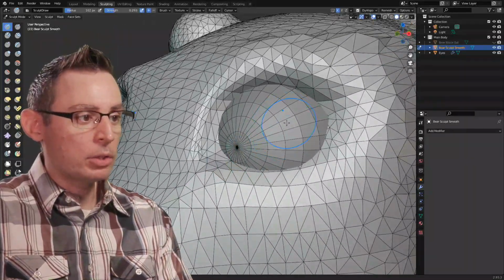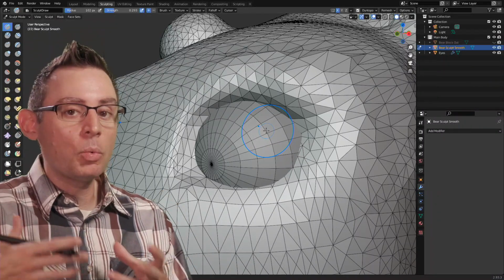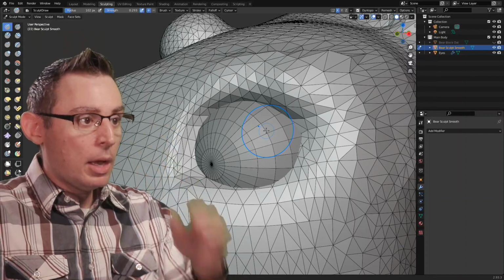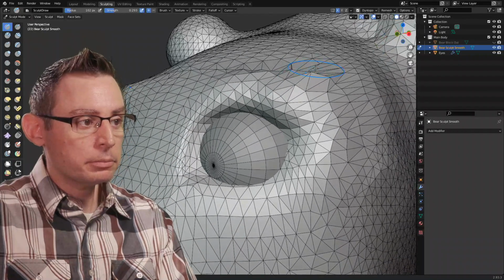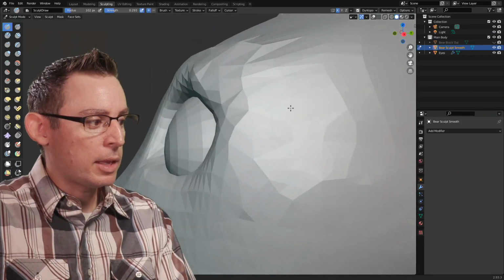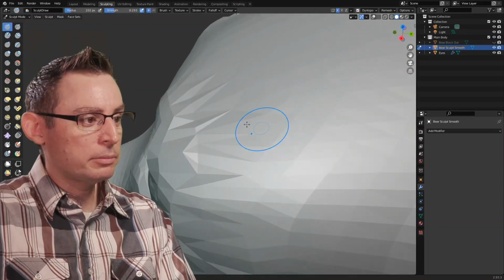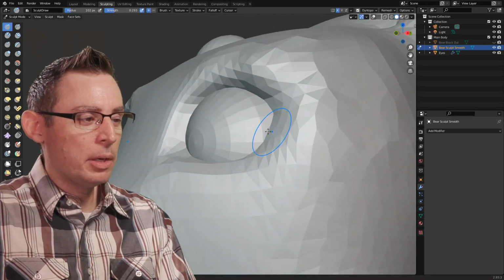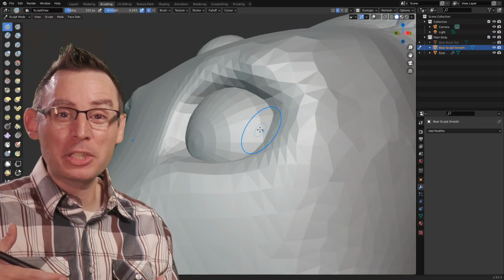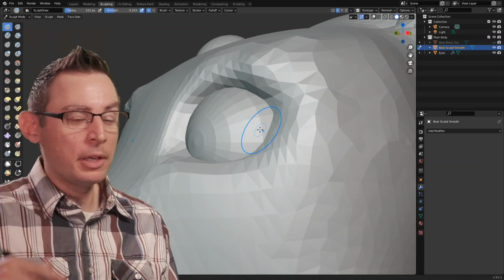So let's go in and start looking at how we can use the Dyntopo tools to give us some more detail where we need it. There's a couple areas in here that I want to start to flesh out. Okay. Before we go any further, let me turn off my wireframes here. And I want you to look real carefully at the quality of the surface shading across my mesh. It's pretty angular. It's really getting gnarly up here. And when it's this kind of faceted look, it gets real tough to understand the sculptural details that you're putting in the model itself.